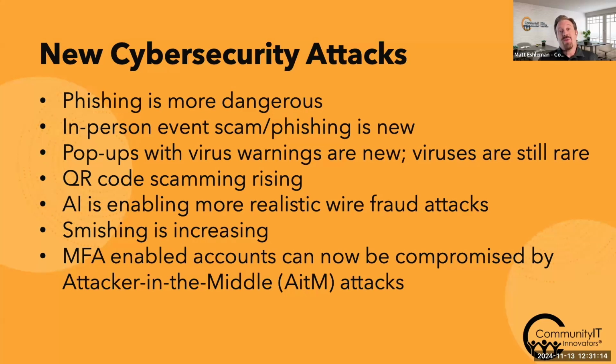Through the use of AI tools, we're seeing that phishing attacks are much more dangerous and much more effective because a lot of the things that we used to be able to rely on are being removed as barriers through these AI tools. We still see that viruses themselves are relatively